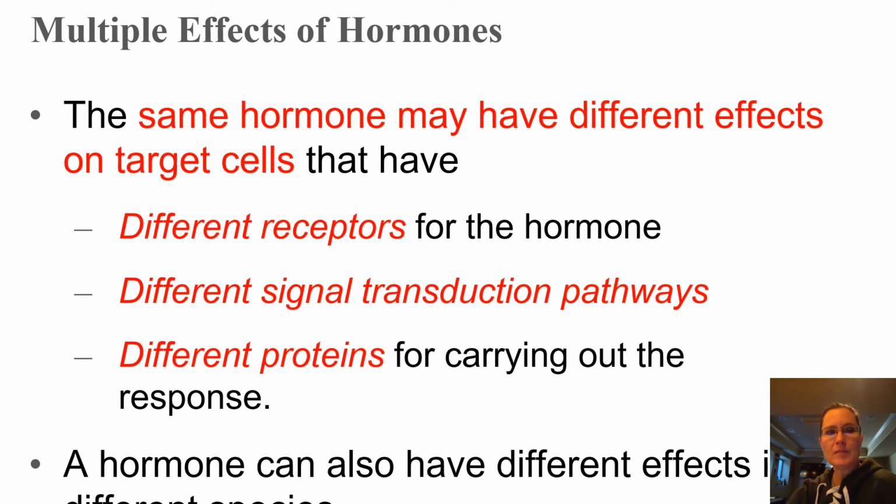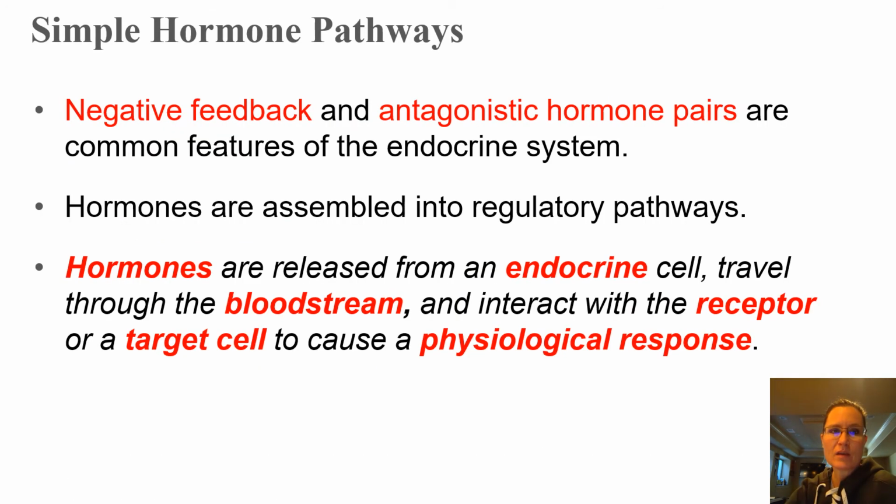And then the same hormone may have different effects on target cells, and so it might affect skin cells differently than sex organ cells. And so we might have hair growth versus egg production versus milk production or different things like that. And then there's negative feedback,